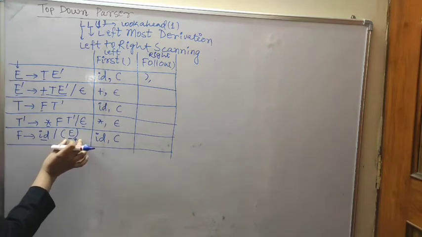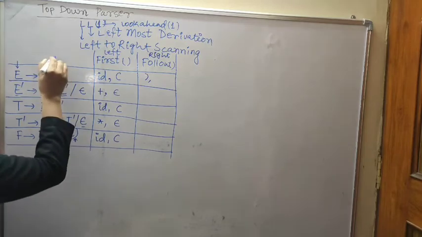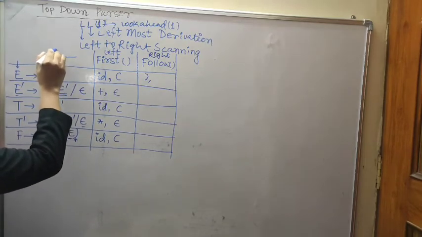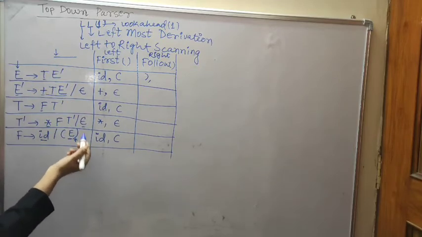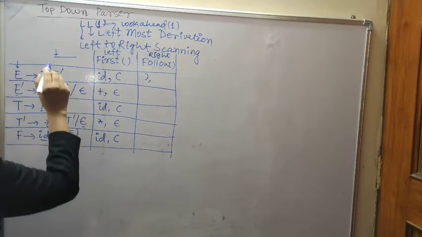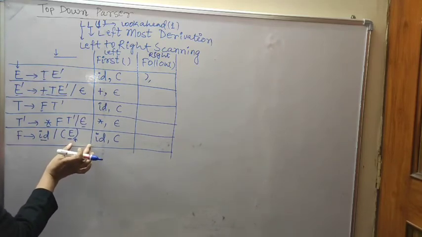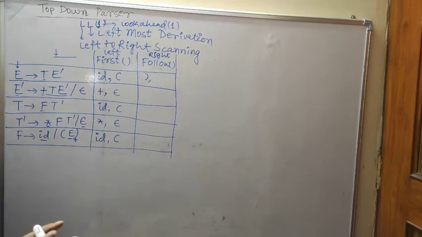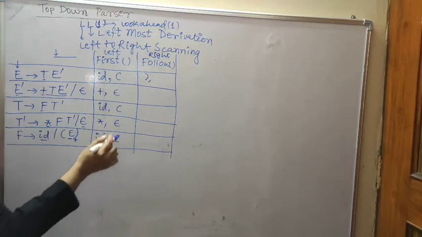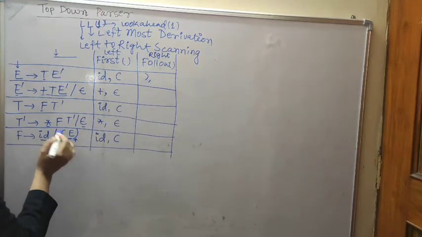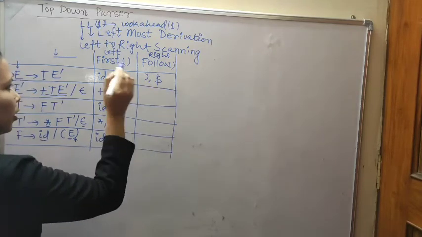Always remember that on the right side we search for that non-terminal variable, then whatever next letter is given afterwards: if it is a terminal, that is fine; if it is a non-terminal, then we go to the functions. So whenever something comes after E, if any letters are there, at that time we take only the first of that variable, first of that, then close braces, and then E is the starting letter.